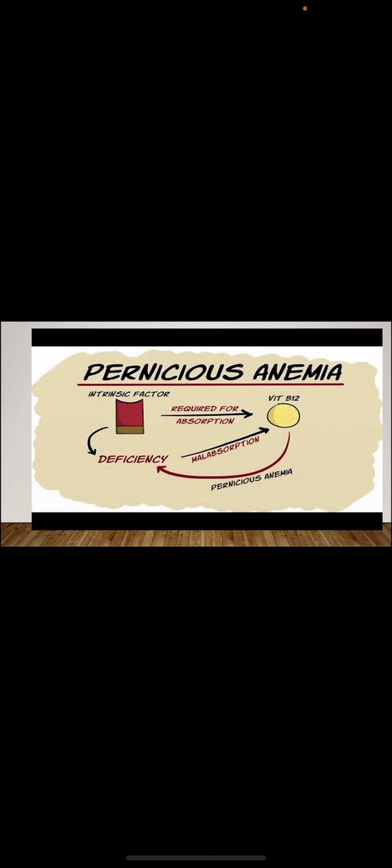Then what is pernicious anemia? Deficiency of vitamin B12 is causing pernicious anemia. Intrinsic factor is needed for the absorption of vitamin B12. If intrinsic factor is not there, B12 cannot be absorbed. Now, if there is malabsorption of any kind, you will not have intrinsic factor. So if there is no intrinsic factor, there will be no vitamin B12, and this will lead to